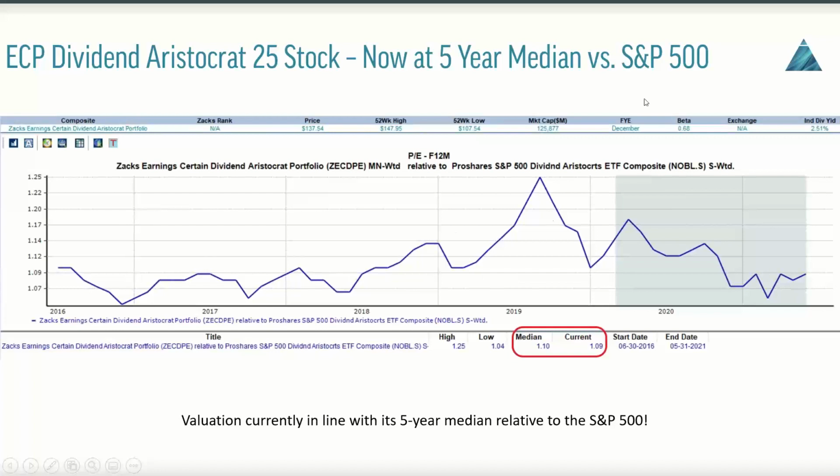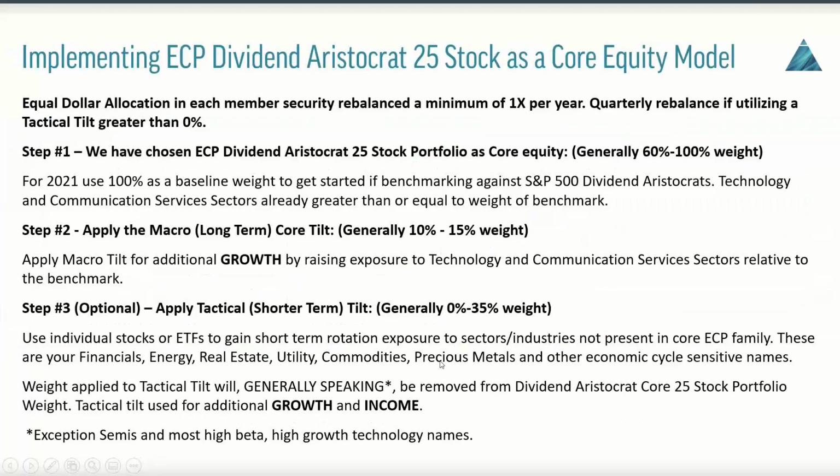So if you decide to take on an ECP Dividend Aristocrat 25 stock strategy, you're going to be coming right in line with valuations where they tend to be as a measure of central tendency. So no issues there. When we talk about implementing the ECP Dividend Aristocrat 25 stock strategy as a core equity